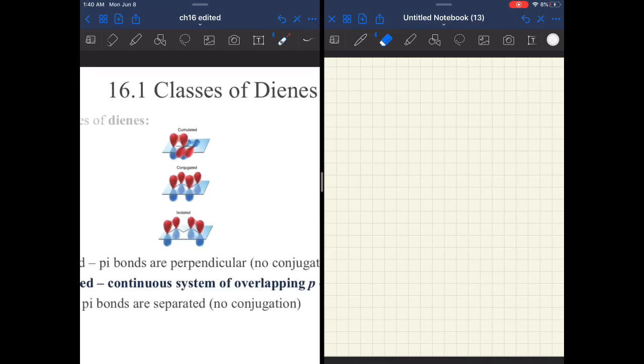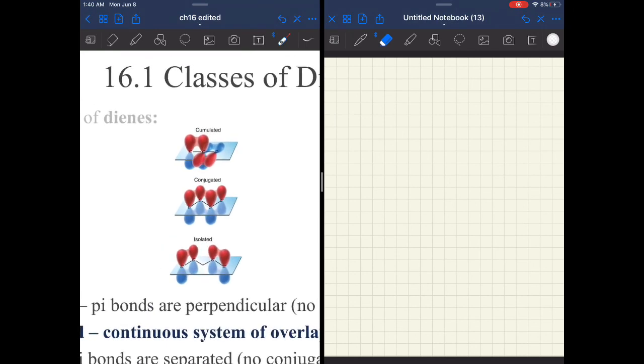So first, when we look at the cumulated pi bonds, let's just make sure we are all on the same page, right? Your pi bonds are overlap of 2 p orbitals that are parallel to one another, and the electron density is above and below that internuclear axis. Now, when you have a cumulated double bond, your pi bonds are perpendicular to one another, and it forces a lot of electron density in a small area, but you don't get the kind of overlap that would ease the pain. It just shoves a bunch of electron density into a small space, and so